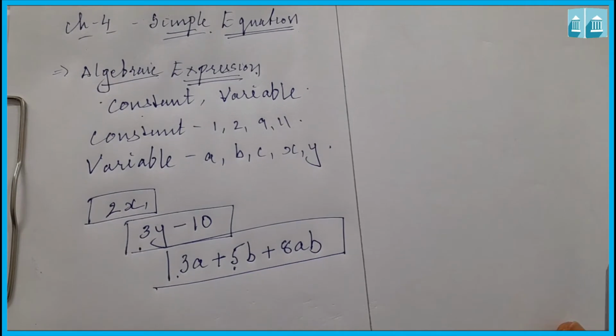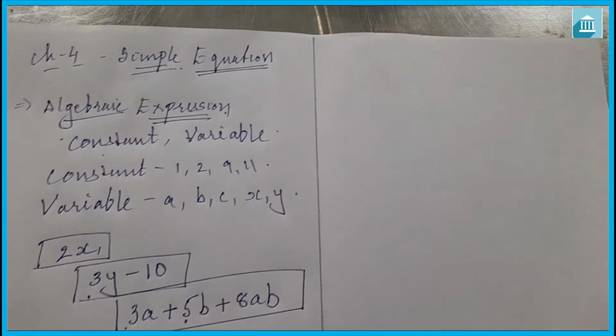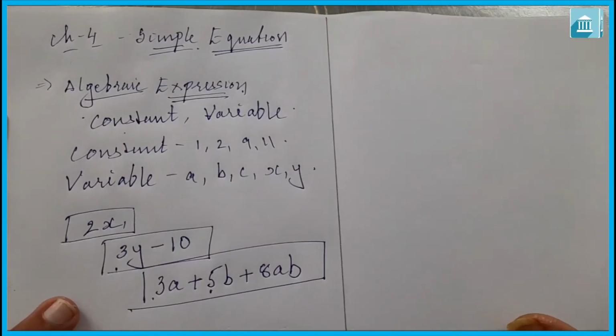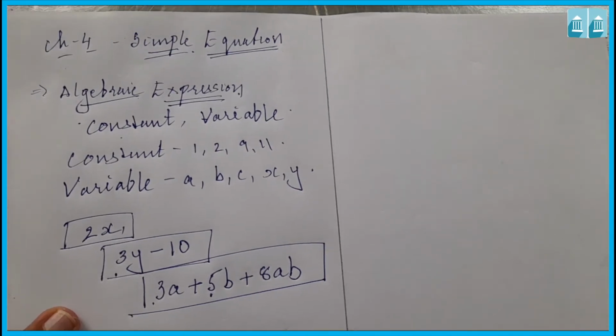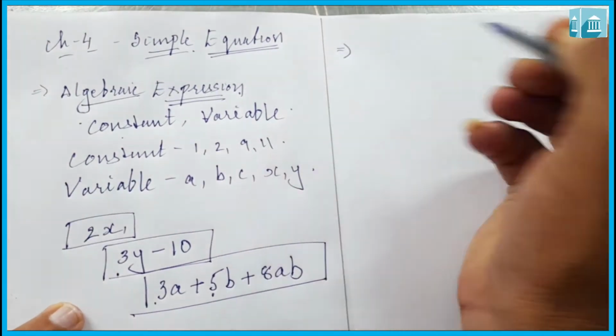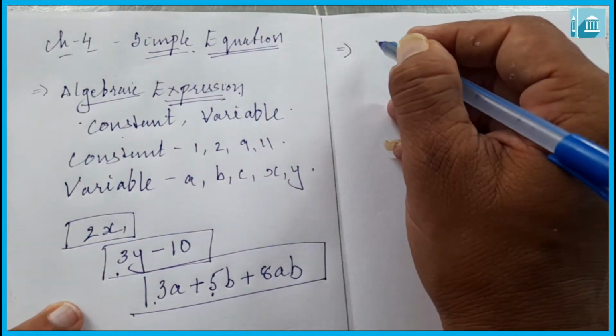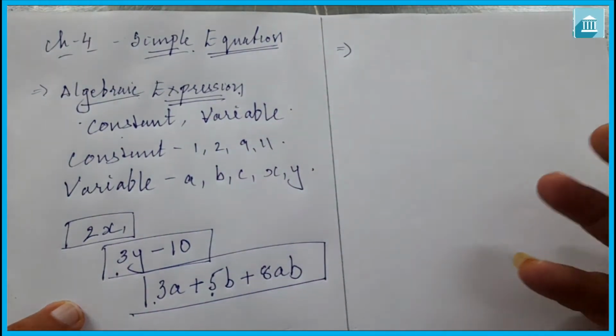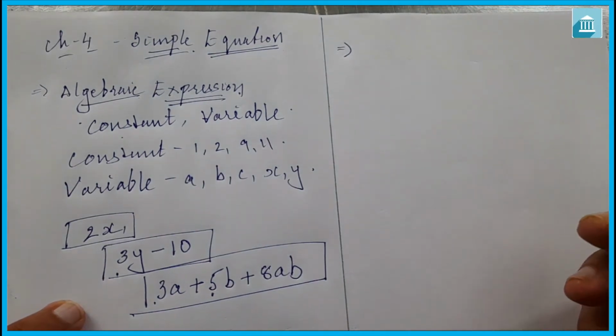Now, what is an equation? To understand this, let us take one example. For example, if I thought of a number in my mind, that number is unknown to you, you don't know what number it is. So what will you do to find out कि वो number क्या है? I will give some clues. On the basis of that you have to find out which number it is.